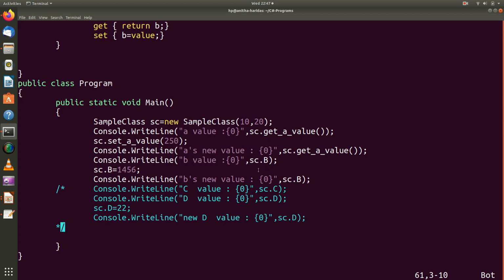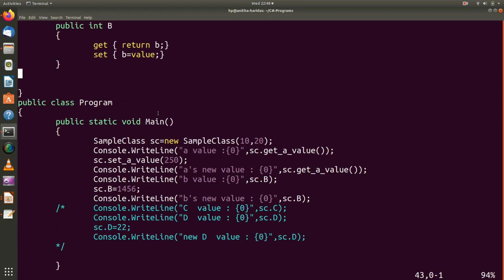Instead, I am using the property. You just use the object name SC and B is the property that I have defined for my variable B. It is a property defined for managing the private variable B.